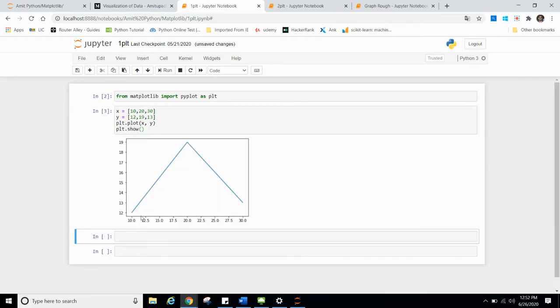So you can see on the x-axis we have values 10 till 30, and y is from 12 to 30. You can see the data variation. When x is 10, my y is 12. It is easy to visualize, right? Rather than seeing these two values.